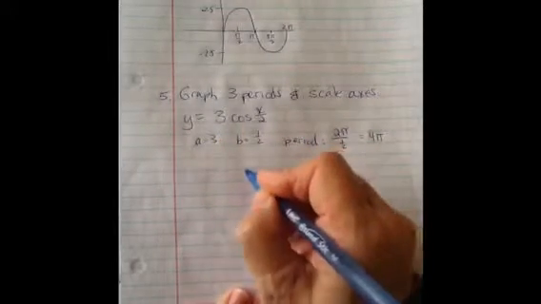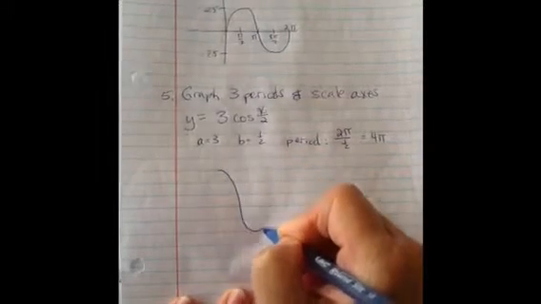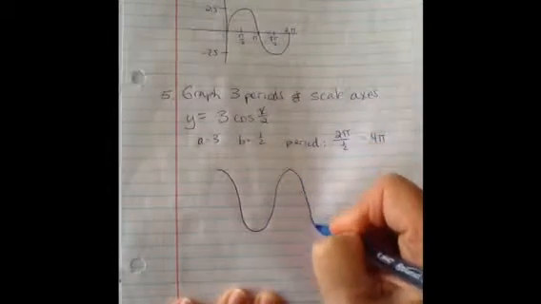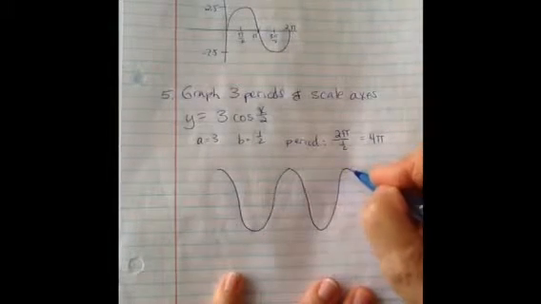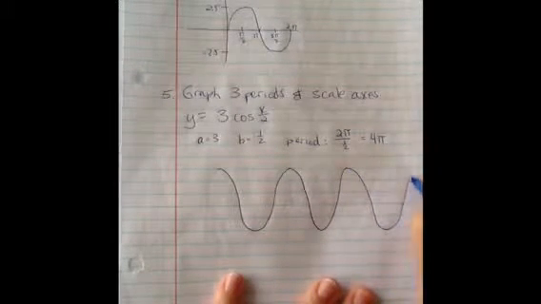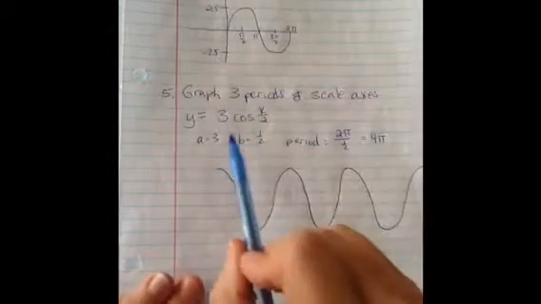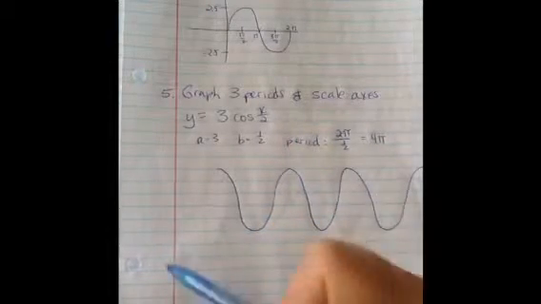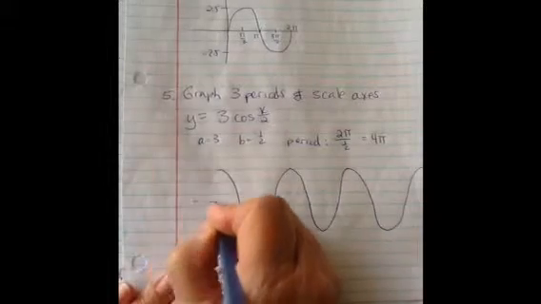So what I'm going to do is start it up here. And I'm going to come down and up. There's 1 cycle. And then I got to come down and up. There's 2 cycles. And then I'm going to come down and up. And there's 3 cycles. And they asked me to graph 3 periods. It does not shift. There's no H and no K, so it doesn't shift right or left or up and down. So what I'm going to do is I'm going to put the center through here,